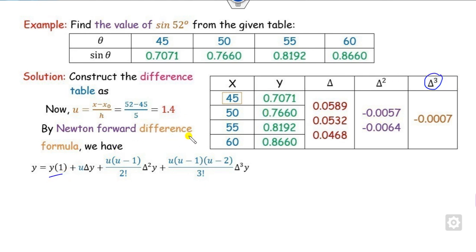You have to start with the y1, that is since I box this value, so I can consider all these first values are there. Remember that if you consider x0 instead of the 45 as 50, like here, that's a second value. So you have to consider the second value in each case. Now how can you remember that? This is the u first time of this value, plus it's a second, that is uc2, u minus 1 upon 2 factorial of second value is a cube, so you have to write the three values